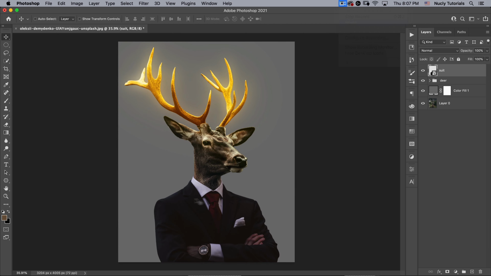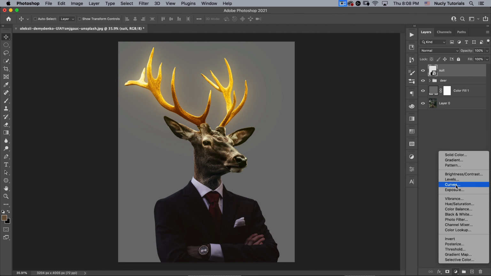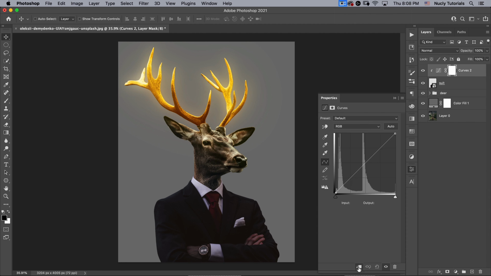All right, the next thing I want to do is color correct this suit to match up closer to this. To do that, I'm going to go ahead and add a curves layer. I'm going to clip it to this layer, select my neutral eyedropper, and just click on the jacket anywhere. That's going to make my fine corrections just to get rid of whatever color grade was on there. And then I want to bring up the lights.